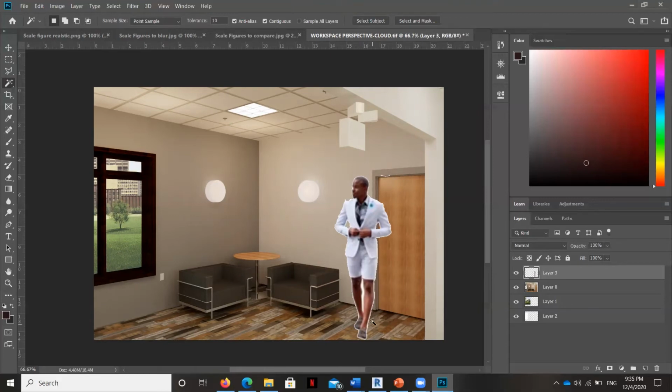Now, if I were going to use his actual, realistic figure, I would have to go in and pull all of that white boundary off of him because it's not going to work. And again, that's that trained eye coming through again. I'm going to use the erase tool to grab a couple of these little parts that are still hanging out.